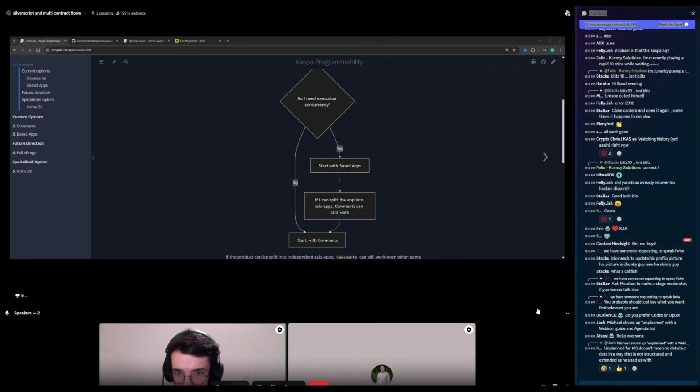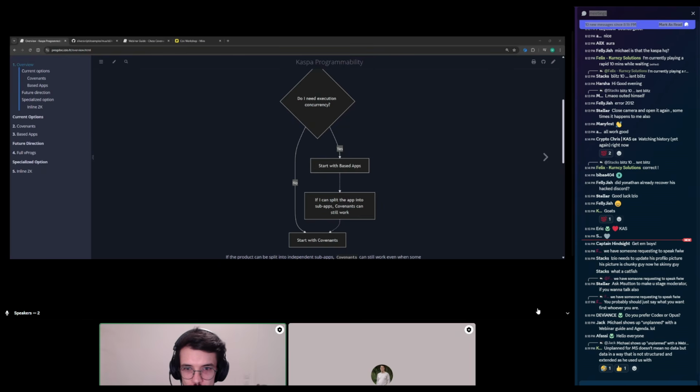Yes, sure. I will give my low understanding overview. It's not low, it's more external. Which is how most people see it. So from my current understanding and how it is stated in the document, you should consider a based app as a casual application you would write in any language.